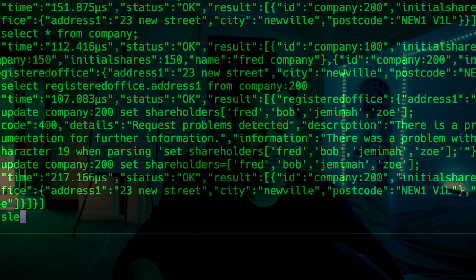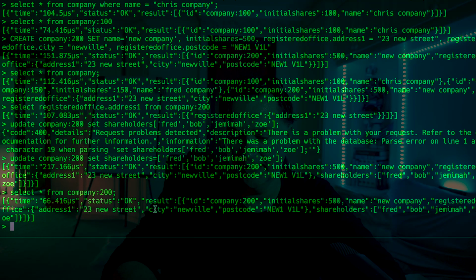And now if I do a select star from company 200, you can see that I've got shareholders and I've got this list: Fred, Bob, Jemima, and Zoe. So I've got a lot of control in the structure of how I store my data, and a lot of control on how I can query that data and bring that back.